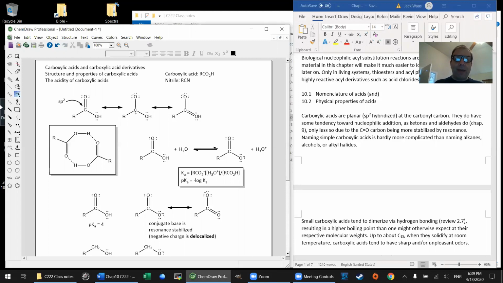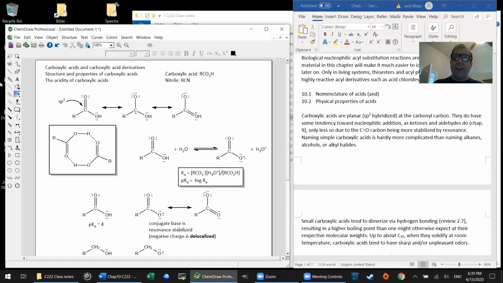These types of compounds are exceedingly important, critically important in biochemistry. They show up everywhere in nature, and the reactions that are responsible for life as we understand life depend on this reactivity,